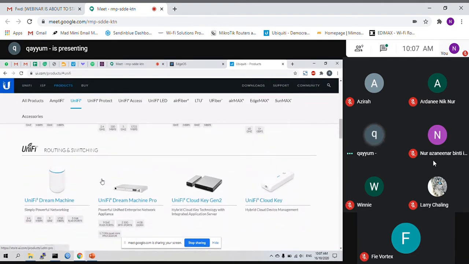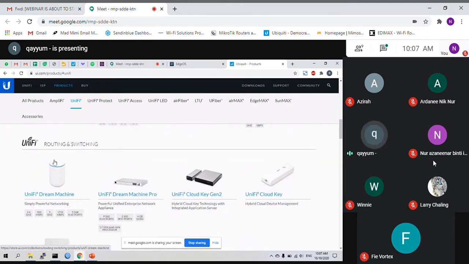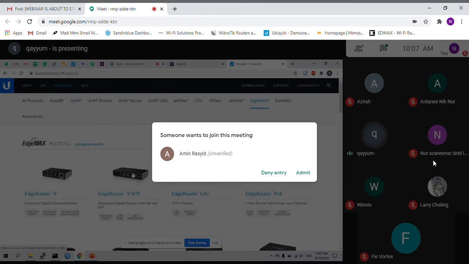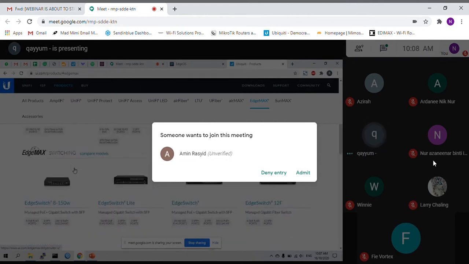You might be wondering which model you should use for routing and switching, because under the UAP models they also have routing and switching, but under HMAX they are providing routing and switching too. So we're going to talk about that.